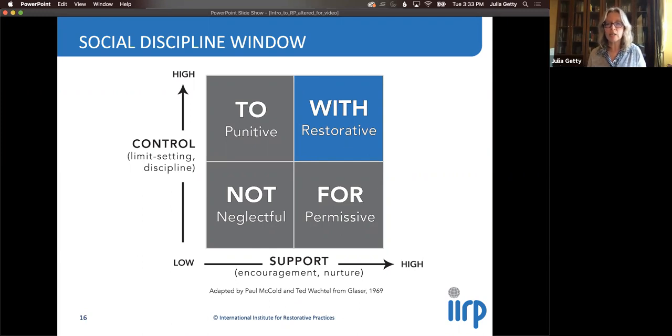So I do want to talk a little bit too about, so we talked about how different people can fall into the boxes most of the time. So their overall personality or style could be to or for or not or with. But I also want to mention as individuals, we can also fall into these boxes often within the course of a very short period of time. If we have something very emotional going on, we might jump from box to box as we are interacting with other people and as more information comes to light. So it is very possible in a short period of time to bounce from box to box.